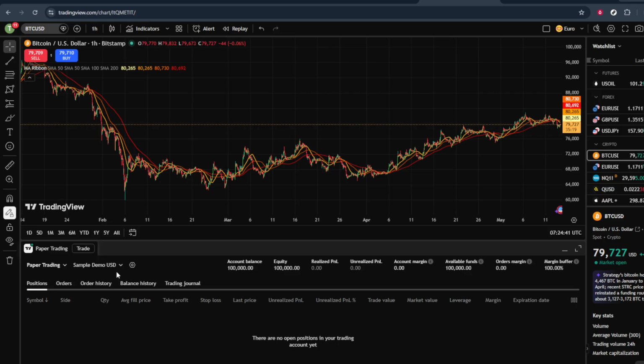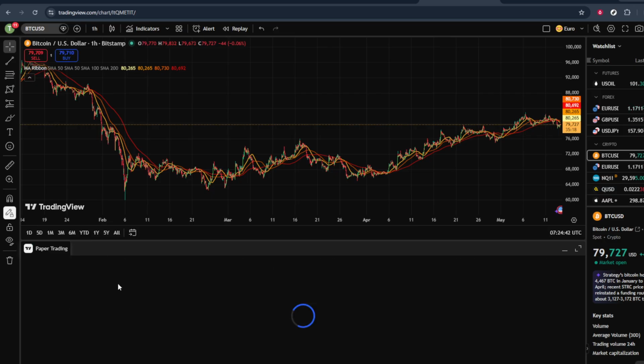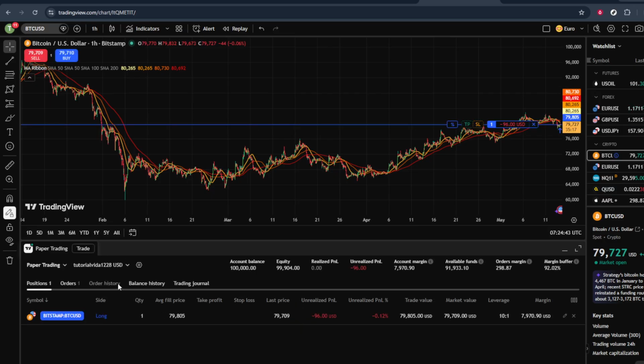Once the account is created and linked, it will appear in your trading panel alongside any other accounts you've connected. From now on, you can use that same arrow beside the current account to switch between accounts, check balances, and place trades from different brokers, all within TradingView. To keep things organized, consider naming or labeling your accounts clearly in